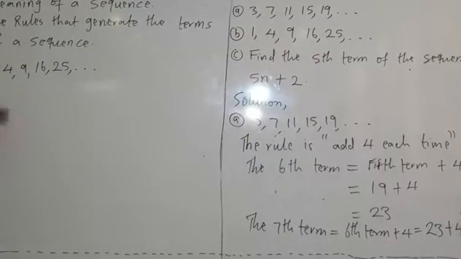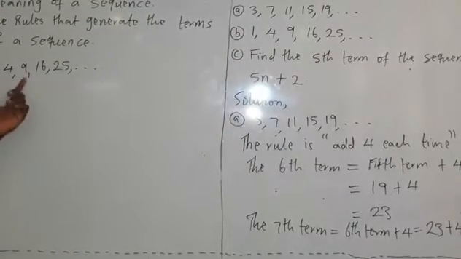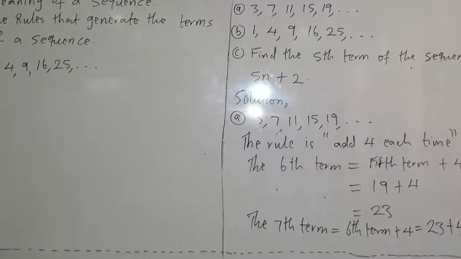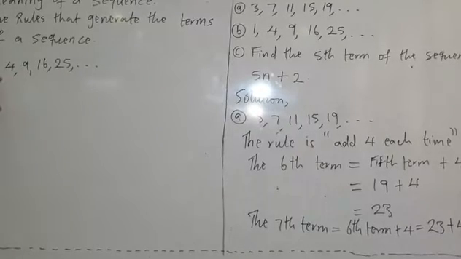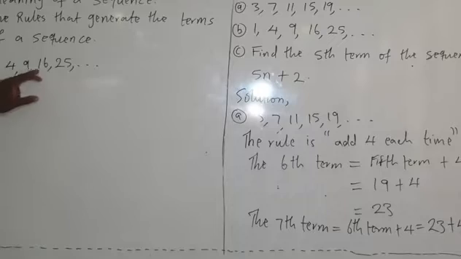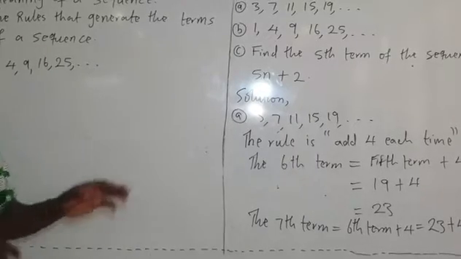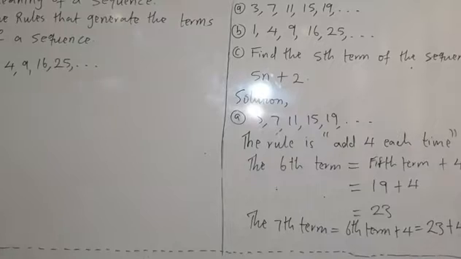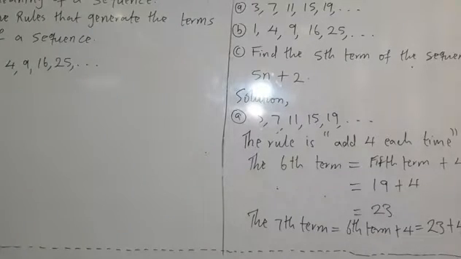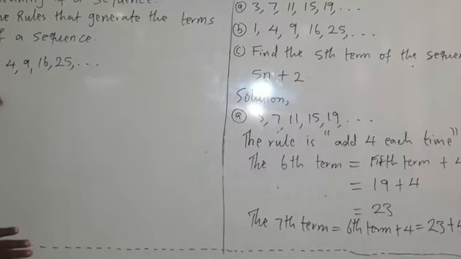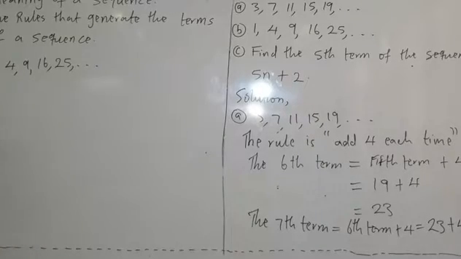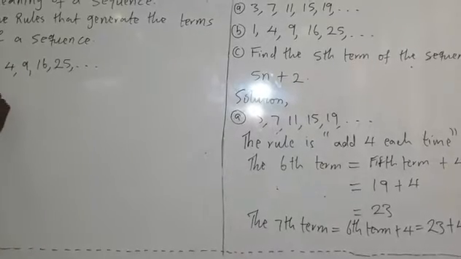And the sequence is 1, 4, 9, 16, 25. So we have the first term, second term, third term, fourth term, fifth term. So invariably we are looking for the sixth and seventh term. But before we get our sixth and seventh term, we must look for the rule of this sequence. So the rule